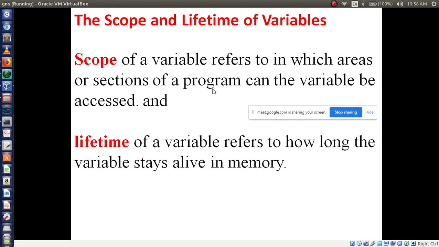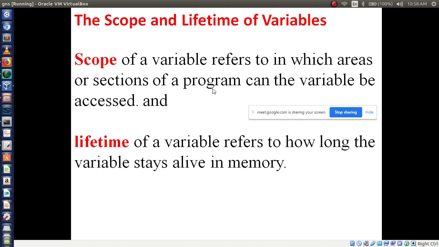And the lifetime of a variable refers to how long the variable stays alive in memory. So lifetime means when the variable will die. After executing, you will get the output in your console window. Still your variable is present or alive in your memory.